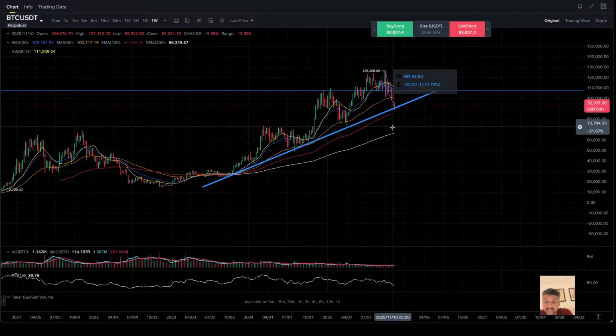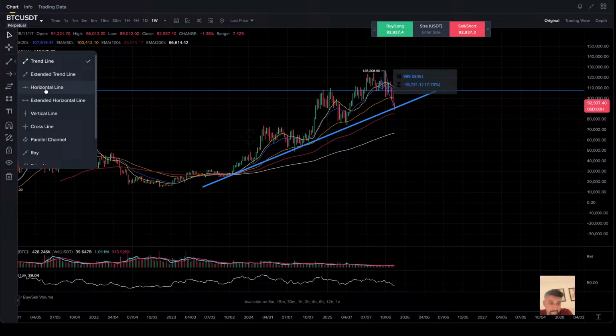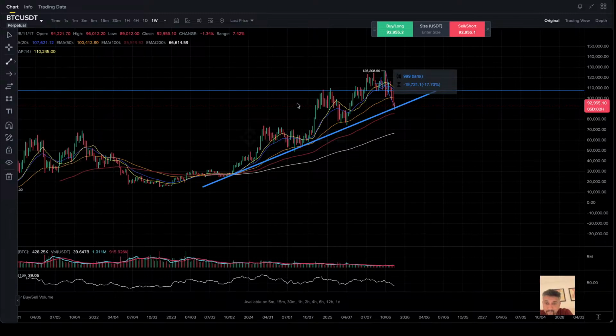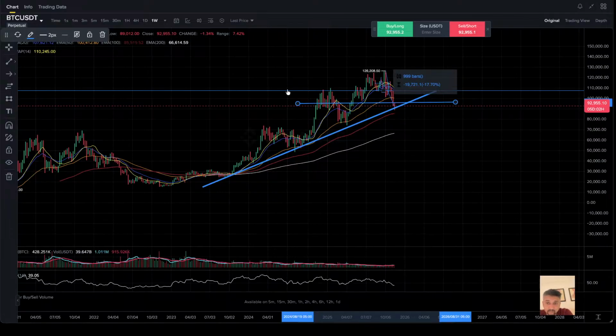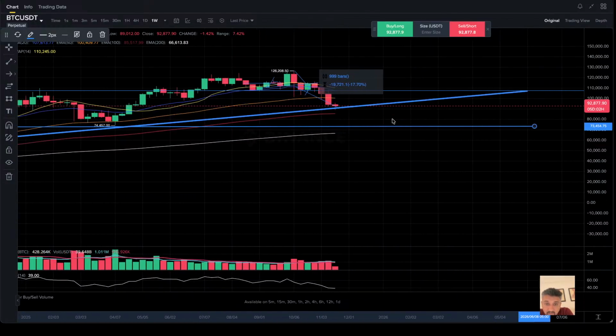If it breaches, then I think the probable support level would be around 74 to 75. Wait, I'll draw a line and show it. It's too thick. I think somewhere around this line should be a good support. If it breaches, it should breach up till here. Now there's one more line I've drawn which will be more visible in